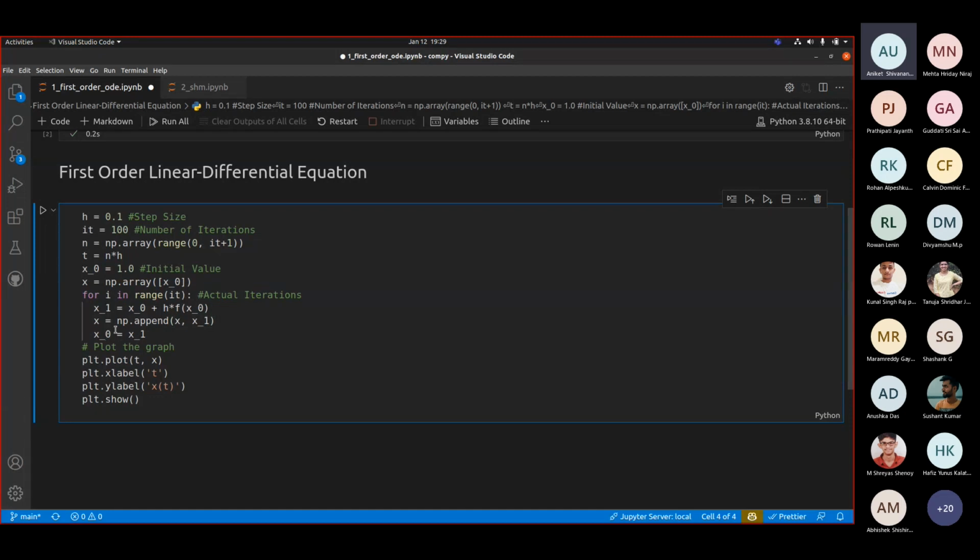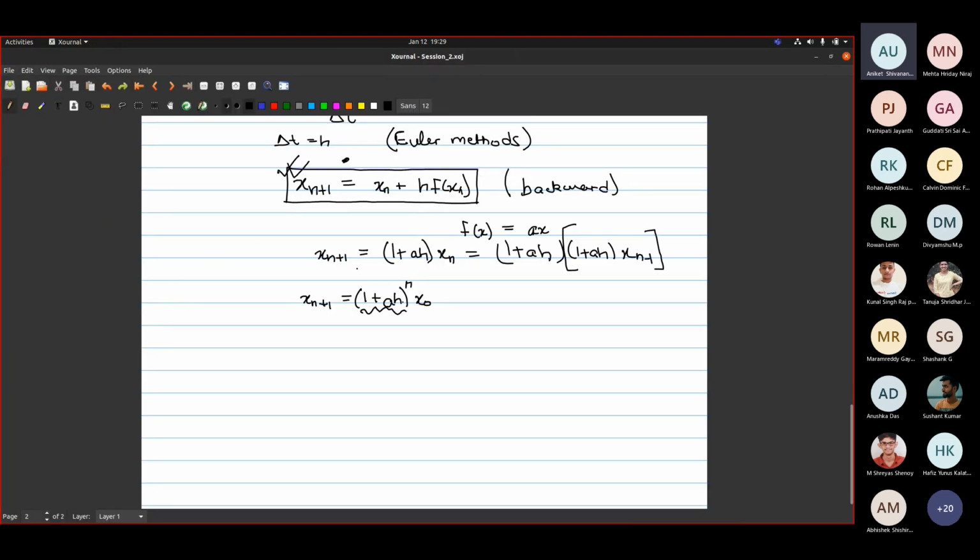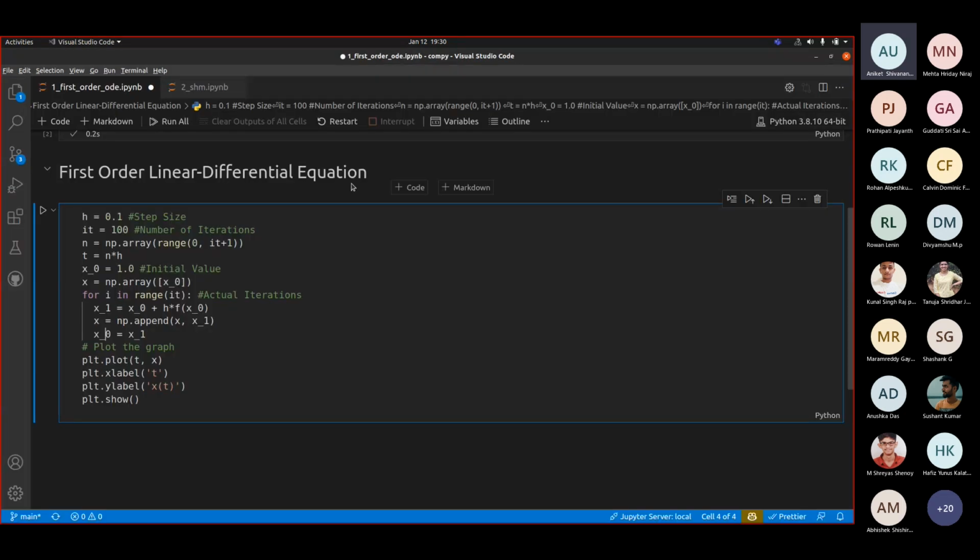And I will update my initial value to this. Why am I updating it? Because it's simpler this way. Basically, I will calculate x1, and then using whatever value that is, I will calculate the next value. That is precisely what this is. From here you can calculate x1. Right now you only know x0, so you can only calculate x1. If you try to calculate x2, there's no point. You can calculate x1 from here, then from that you can calculate x2, from there x3 and so on. So that is why we update it.